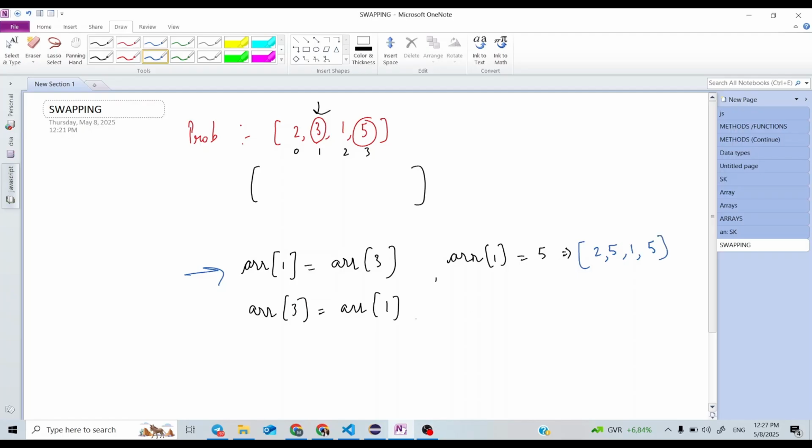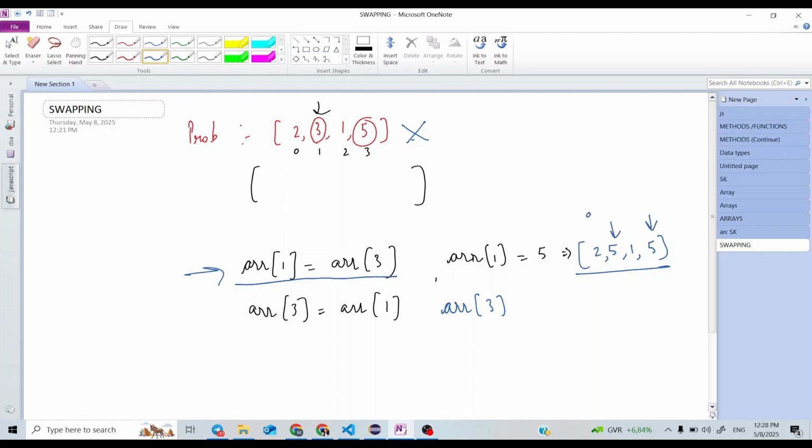Now at array of 3 I am putting array of 1. Now don't watch this array, because after applying this operation my resultant array looks something like this.